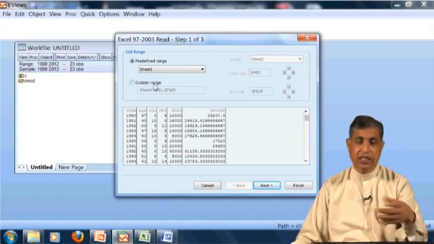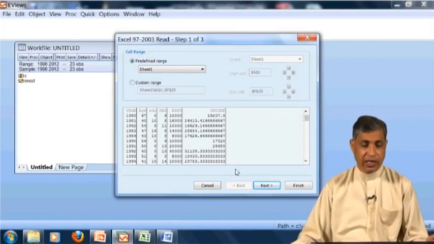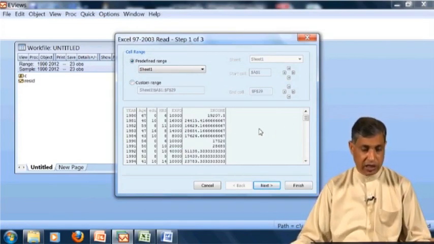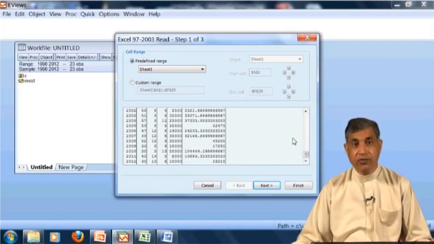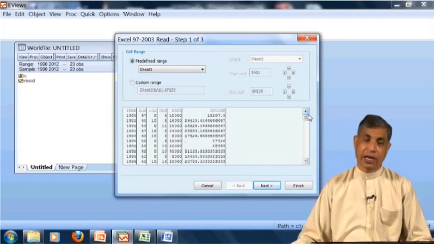We can manipulate some of the things here, but we are not interested in this. And I can see that the data is from 1980 to 2012. So what we gave means we did not give the true command here.